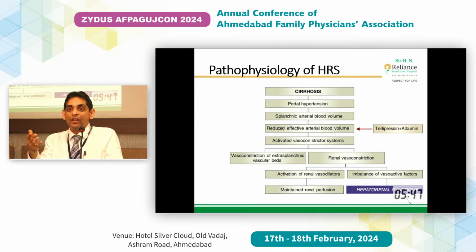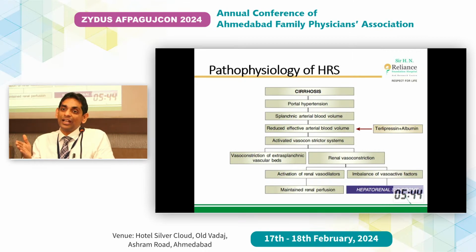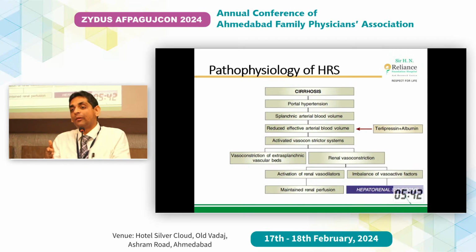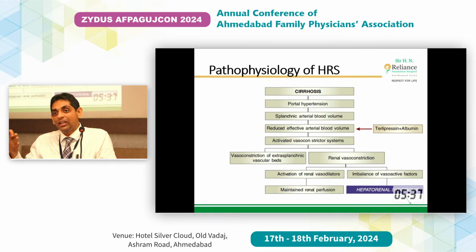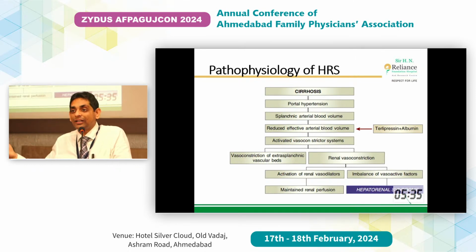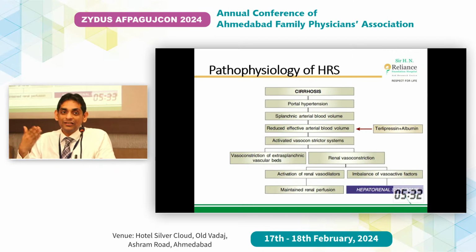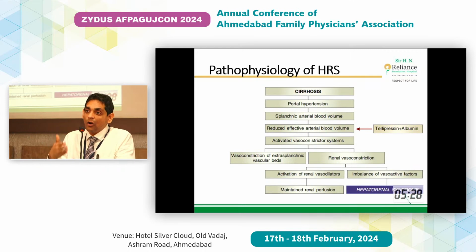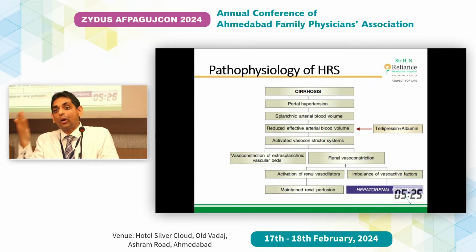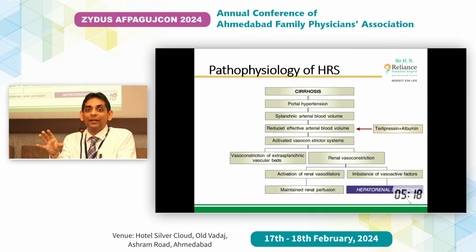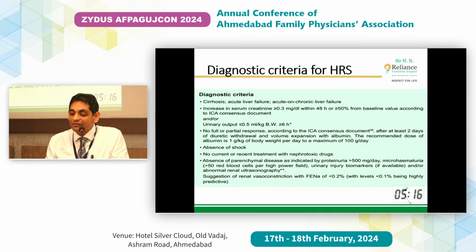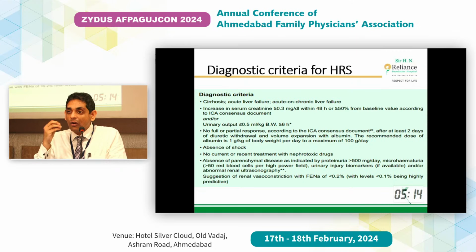The most common complication of cirrhosis over time would be ascites, then patient developing renal dysfunction, then patient developing diuretic-induced acute kidney injury, refractory ascites, multiple tappings, and then patient progresses in such a way that needs liver transplant. What can we do early so that you don't cause functional creatinine problem as well as structural creatinine problem? Like initially people will only have functional kidney loss. Gradually over time they will develop structural kidney loss. And that is why this definition helped us to work on this patient faster.